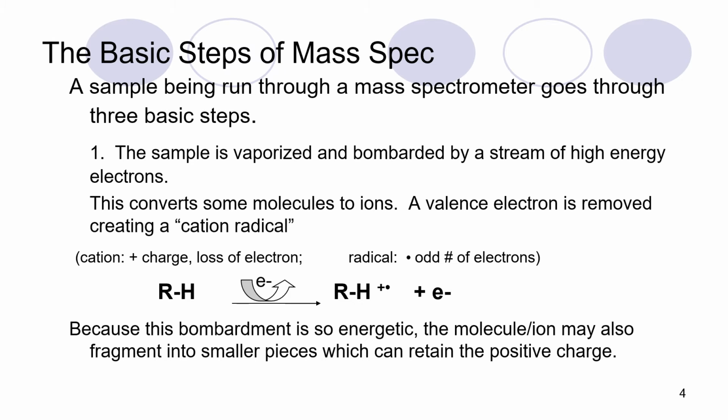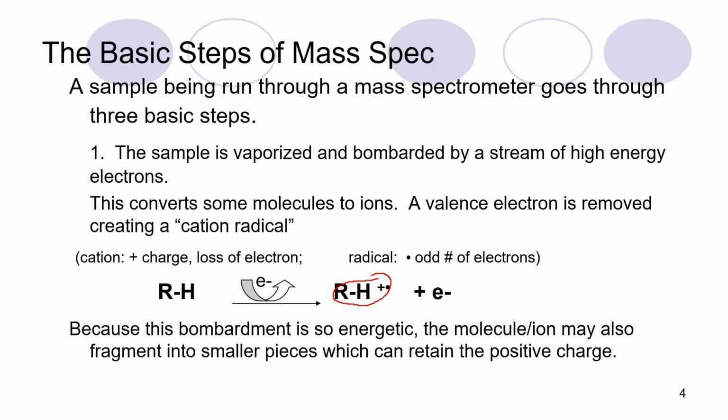Okay, so here's what happens when we run a mass spec. The sample is put into the sample cell, and it's vaporized, and then it's bombarded by a stream of high energy electrons. So this is what this is showing. The electrons are bombarding this molecule. And what it does is it will convert some of the molecules to ions. So what it does is kick an electron out of the molecule, and so it creates what's called a radical cation or cation radical. So it's got two things going on. It's lost an electron,